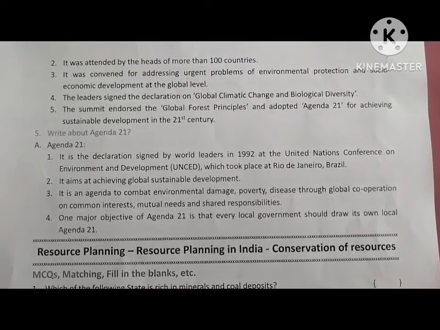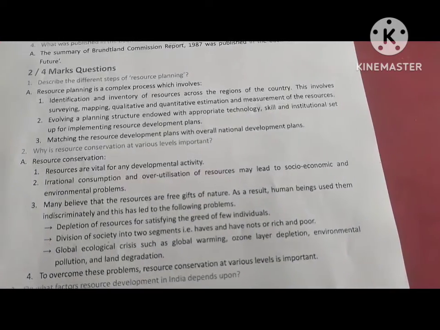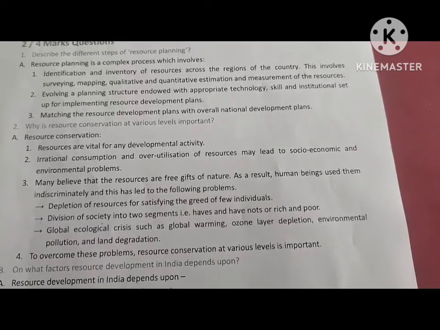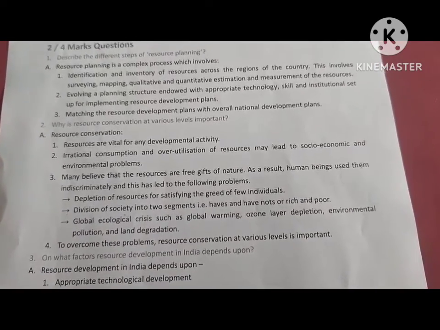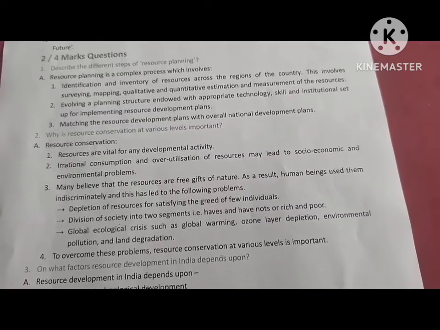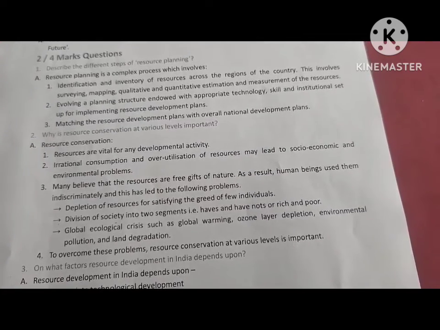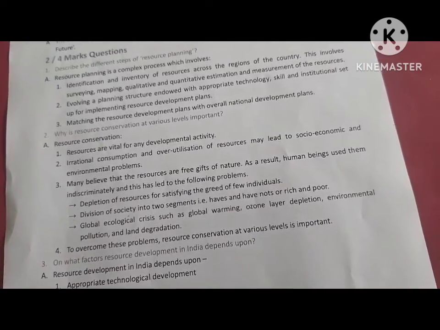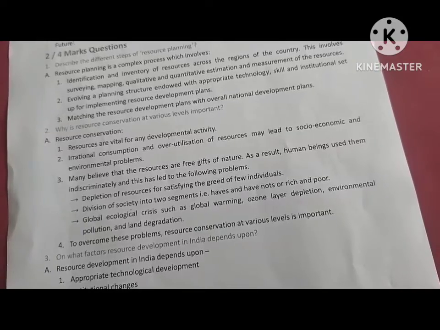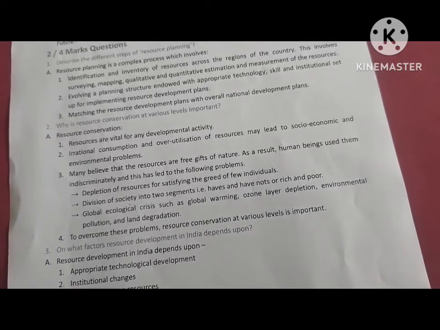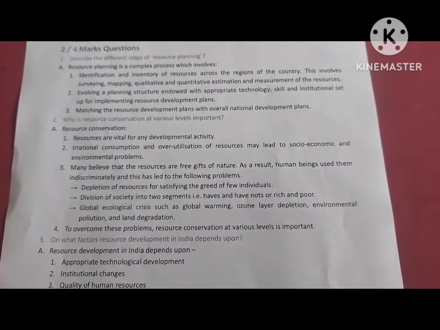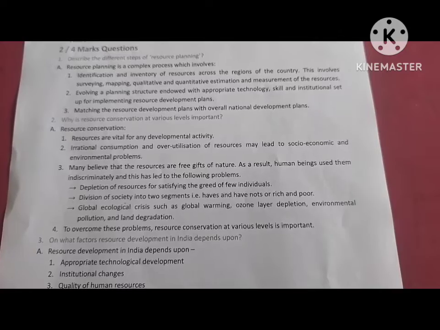Next question, why is resource conservation at various levels important? Answer: Resources are vital for any development activity. Second, irrational consumption and over-utilization of resources may lead to socio-economic and environmental problems. Third, many believe that resources are free gifts of nature. As a result, human beings use them indiscriminately, and this has led to the following problems: